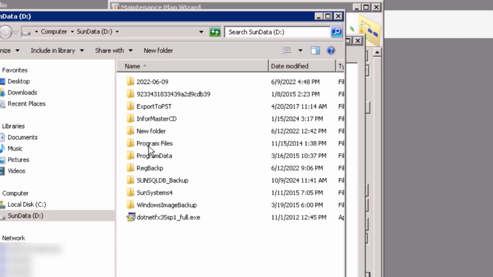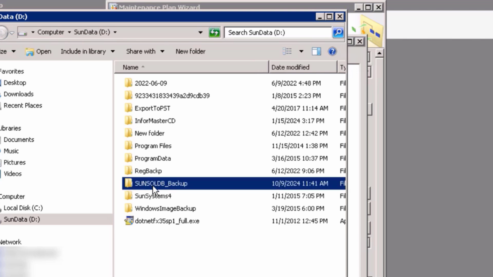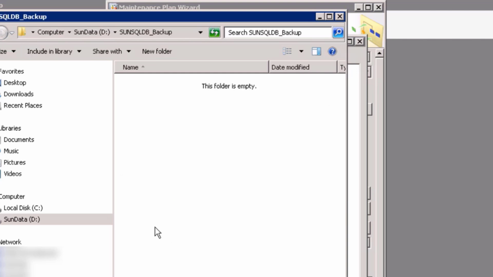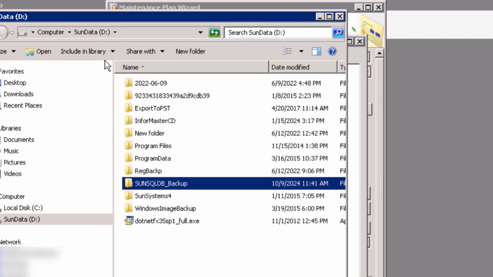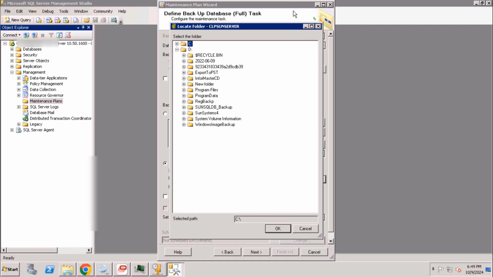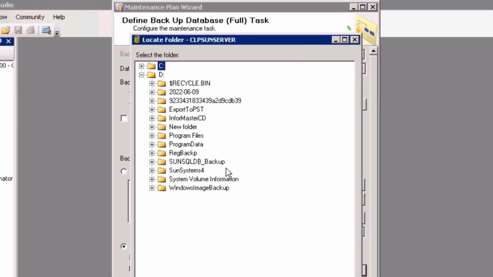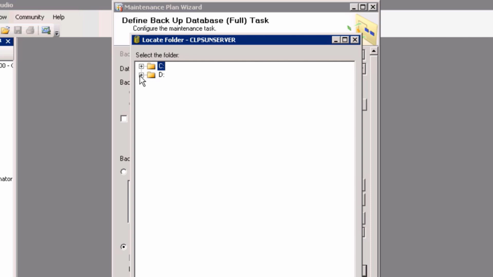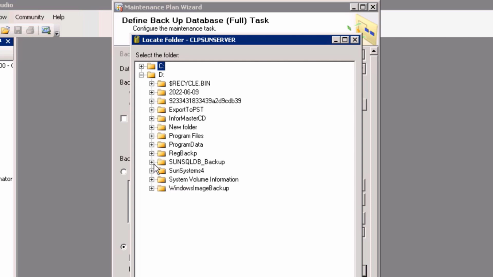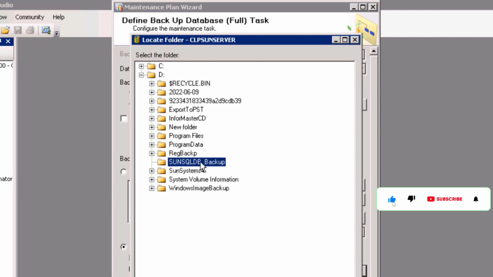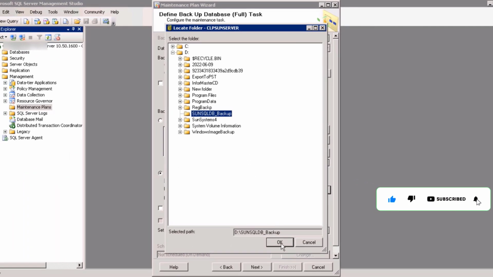I have two partitions. The D drive is where I want to keep it. I created this folder, the Sun SQL database backup folder. That is where I want to keep the backups, then later transfer them onto an external hard drive for offsite backup. So back on the backup plan, I'll select that folder on the D drive and then I'll select the OK